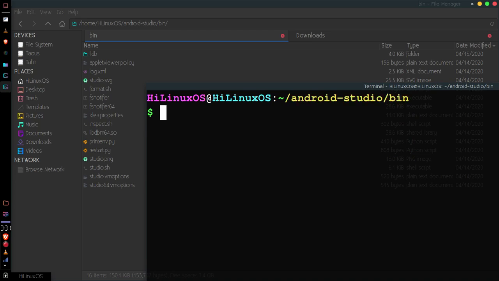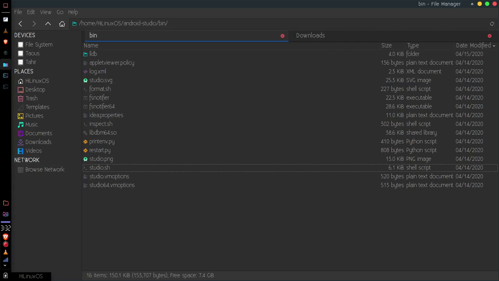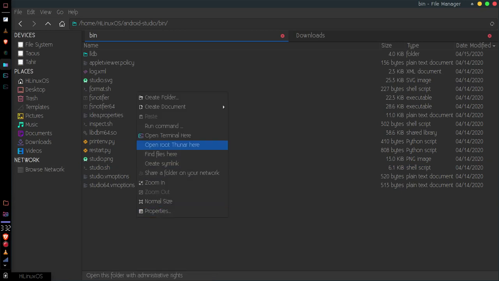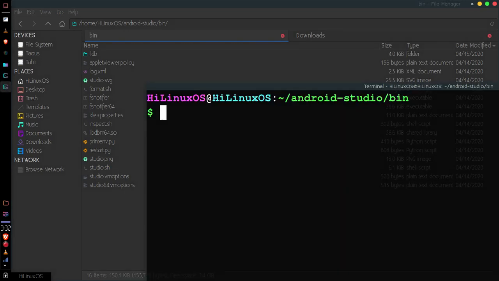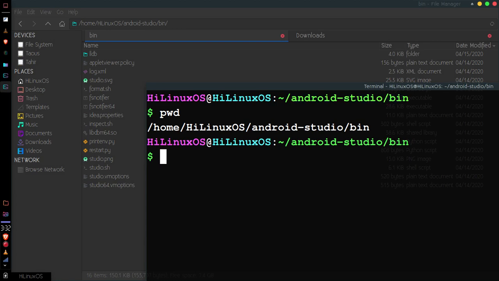Now you can see the location. Now we need to execute this file studio.sh. As I told you earlier, simply right click and choose open terminal here. So my terminal is already open and you can see we are inside this directory, or you can type pwd or print working directory to make sure you are inside the bin directory. Now to execute this one you need to type studio.sh, hit enter,